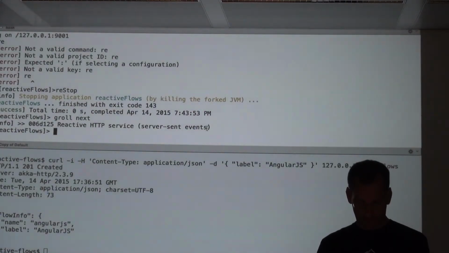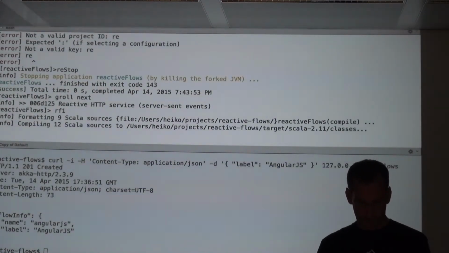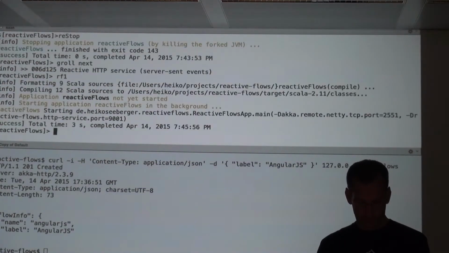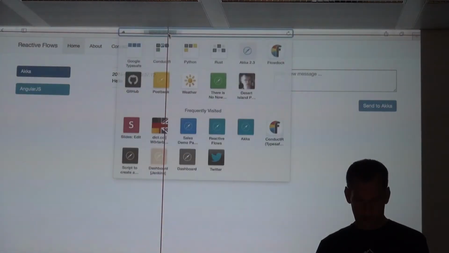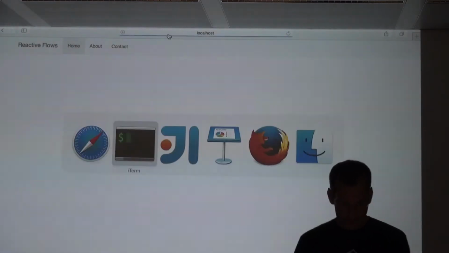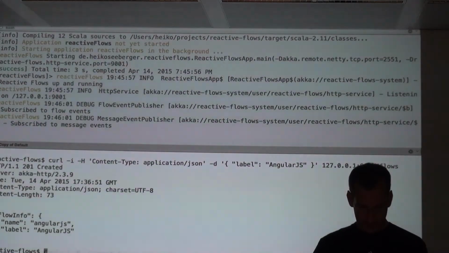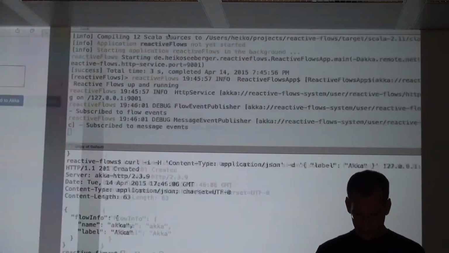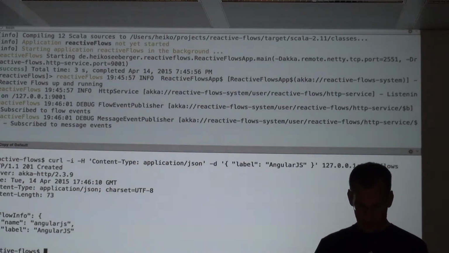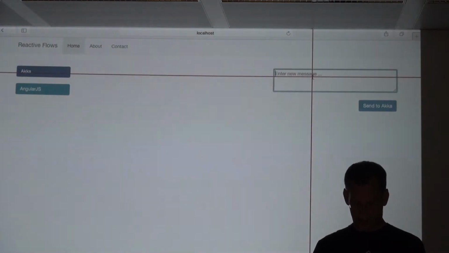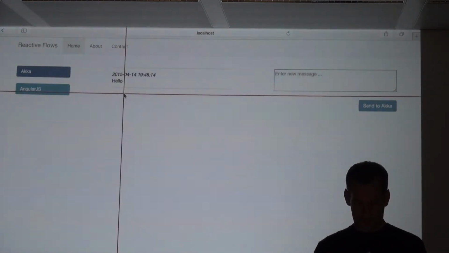So let's run it. Up and running. So once again, let's create something, and hooray, it's there. And one more, it's there. And hello.